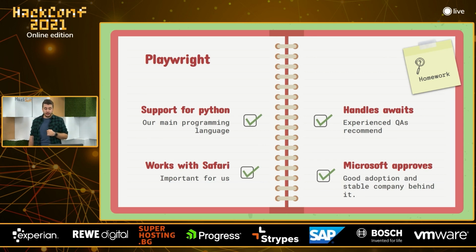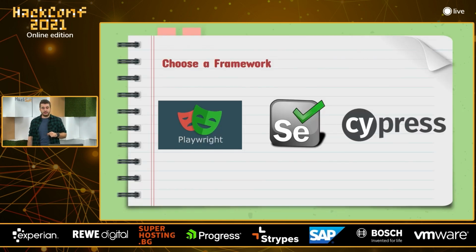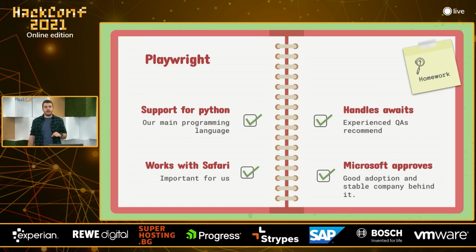We asked a couple of experienced QAs, hey, what are we going to use? Everyone said, don't use Cypress. Selenium is fine. Playwright is a new thing, so go with Playwright. And we were, okay, let's give it a chance, since this is probably the most important decision. Entirely wrong. Let's give it a try.